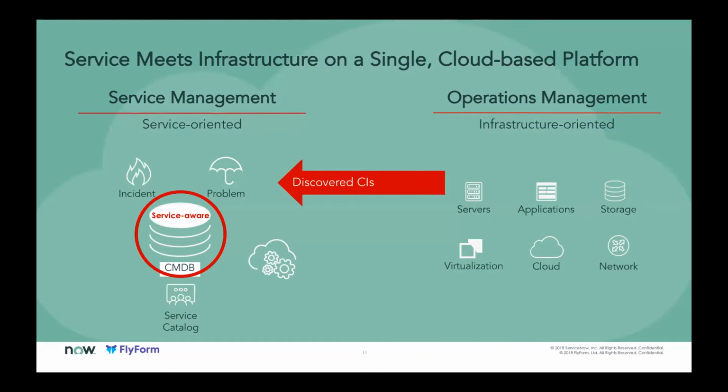So we need to be able to go off and discover CIs. We need to do that on a regular basis and then keep the CMDB up to date from that perspective. And that's one part that we can do with our operations management. The other element is being able to start to take some of this data when you're getting events in there, creating alerts off the back of those. Alerts are meaningful. They're things that you can act on, whereas events tend to be everything that's coming in. You can understand them, you can correlate them together, but ultimately alerts are really, from a ServiceNow perspective, what we